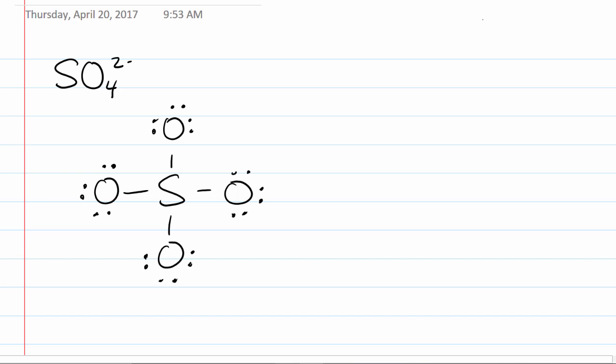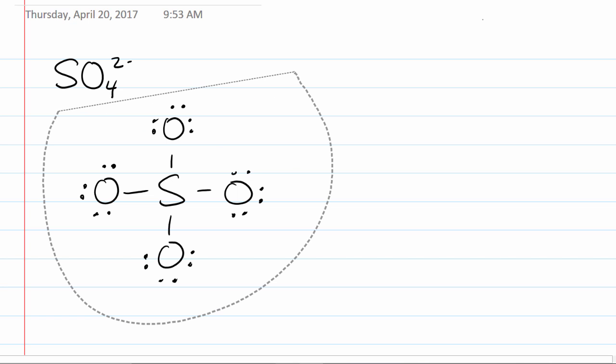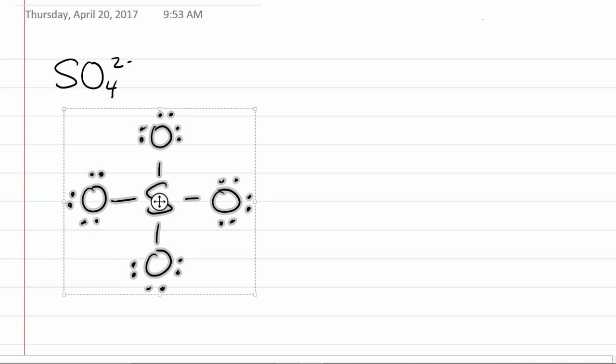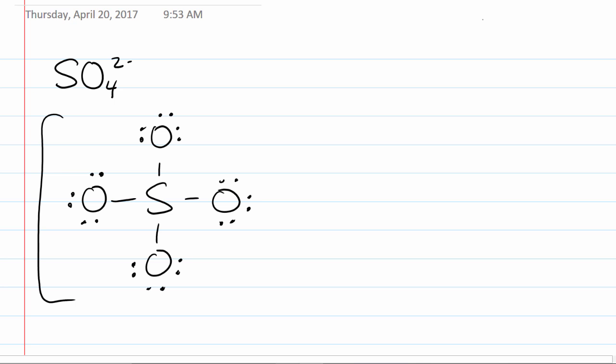And then to make this technically correct, what we do is we put the square brackets around this here and here and assign a charge of 2 minus. Now what we're going to do here next is this. We are going to write a Lewis formula, write a Lewis structure